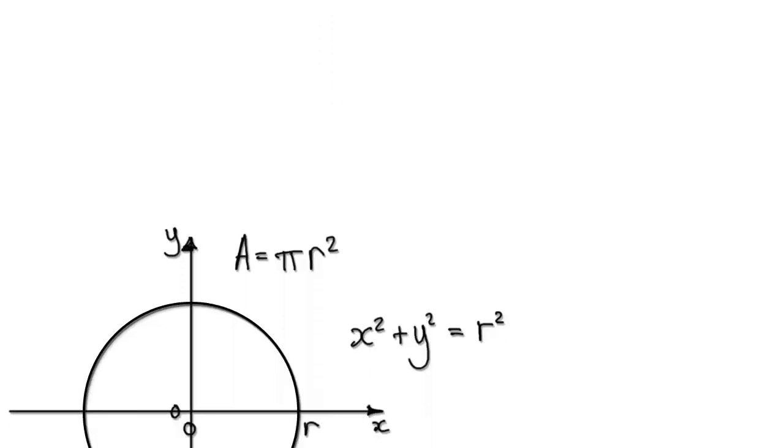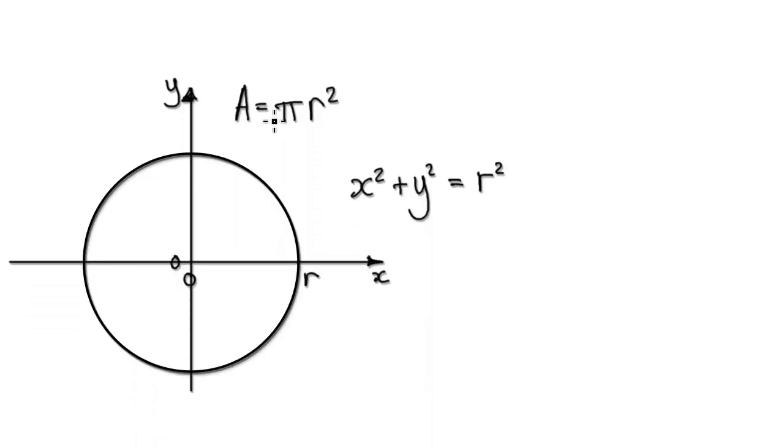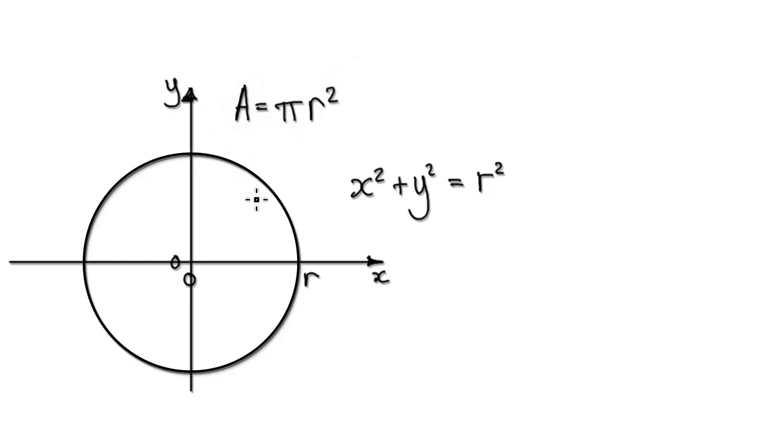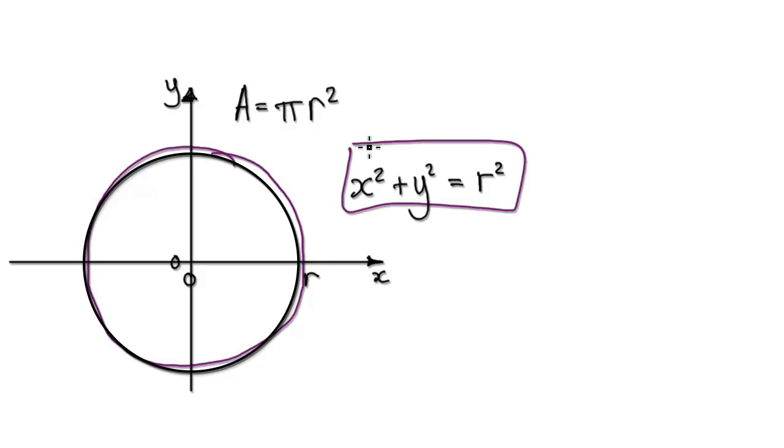In this video, we're going to use calculus to show that the area of a circle is indeed pi r squared. Now, you've seen this in high school, but you never really understood why it is. So let's use calculus to show this. So start out with the equation of a circle, which is given by this, and the idea here is that